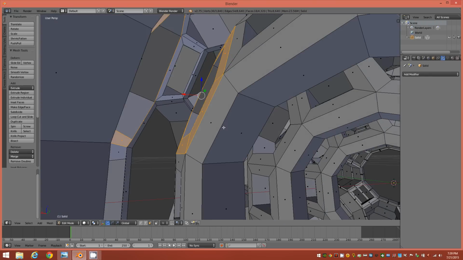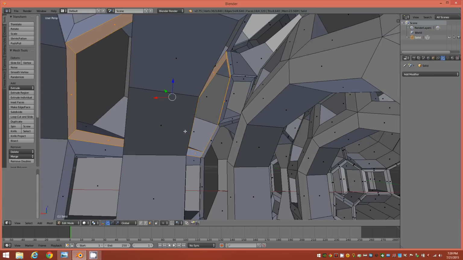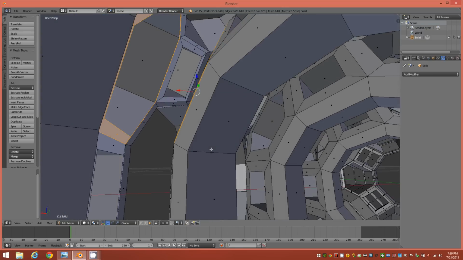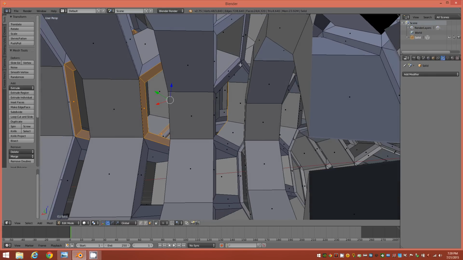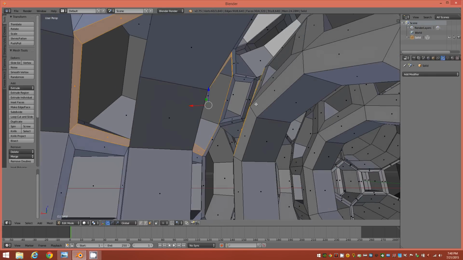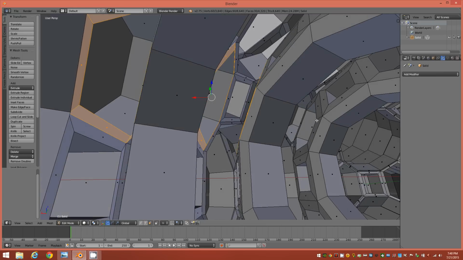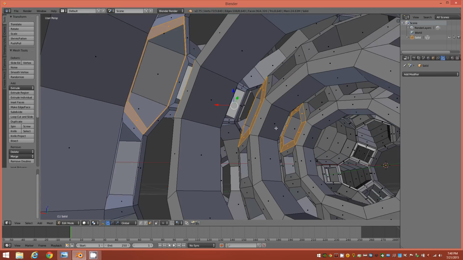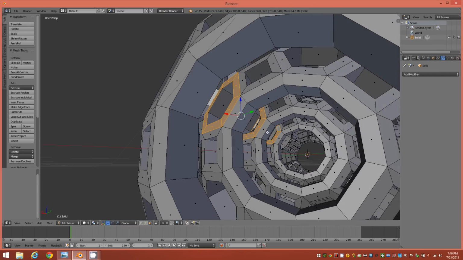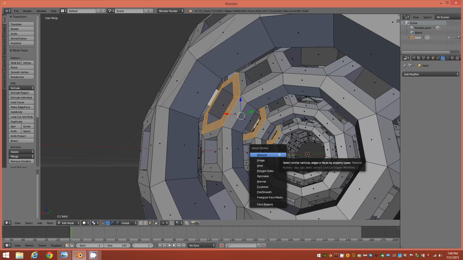Okay, so we have the inside of the first one, and the outside and inside of the second. On the third, we also want the outside and inside group of faces. And finally on the last object, we just need the outside group. Now we have all of those selected. We can hold down Shift on the keyboard and click the G key to bring up Select Similar,